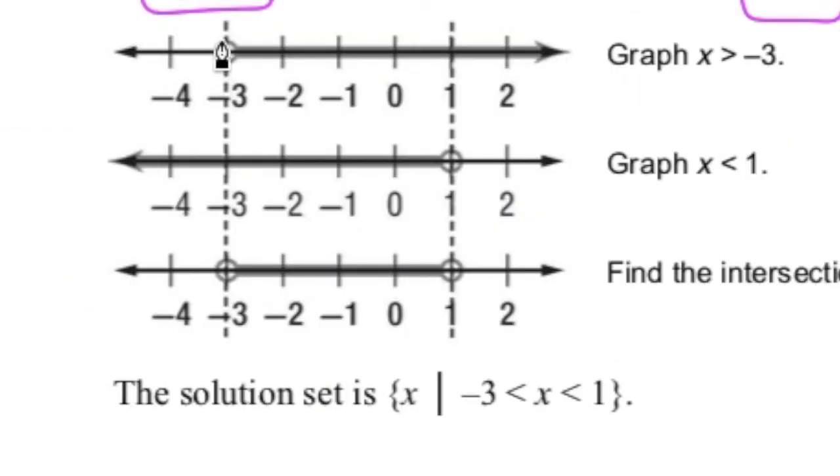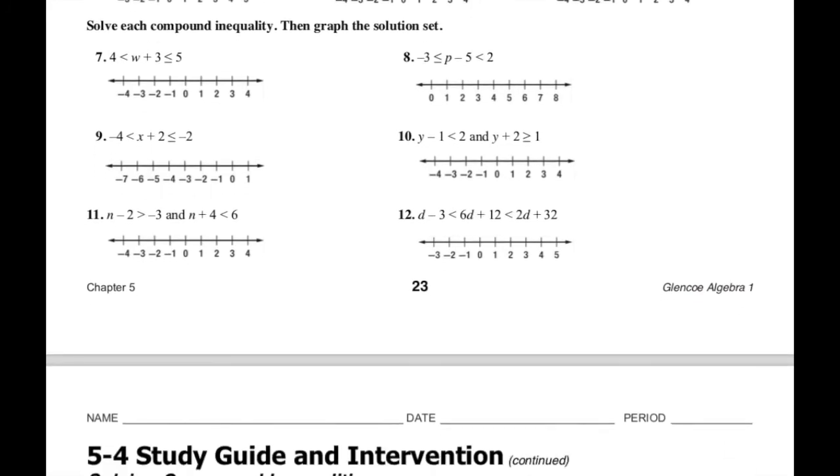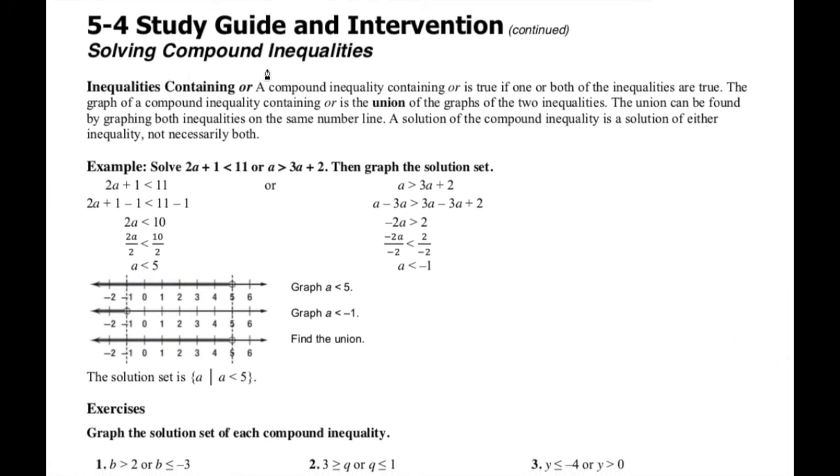Notice here we have an open circle and we have an open circle, and the intersection is where those two meet. And our solution set can be written as x such that -3 is less than x is less than 1. So you have some exercises to practice that, and then on the second page you have inequalities containing the